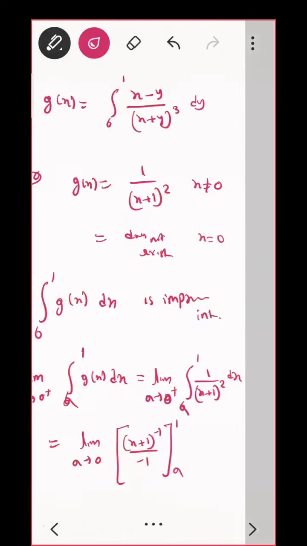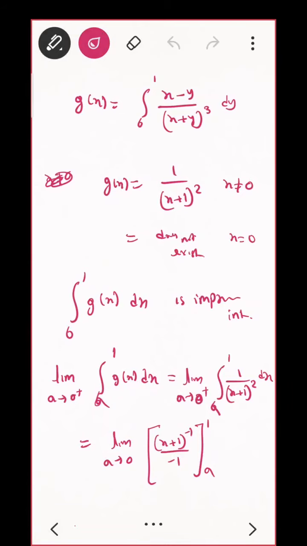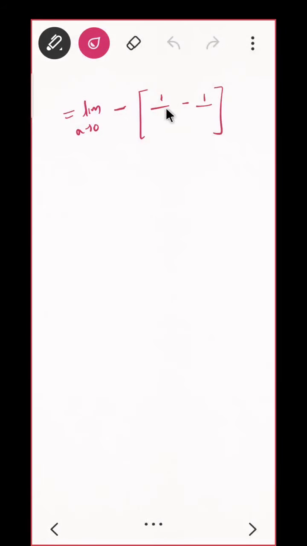What is the first limit? Put 1, that is 1 by 2. Can you see that? And here it will be e plus 1, I think. Correct? Now if I put limit e tending to 0, this is 1 by 2 minus, if I put e equal to 0, this is 1. Do you see that? What is the answer? 1 by 2. Yes.